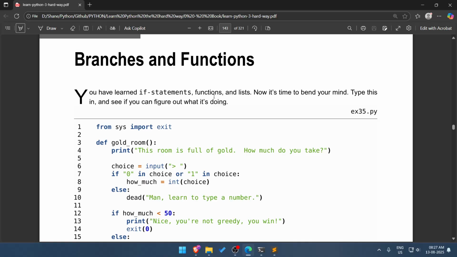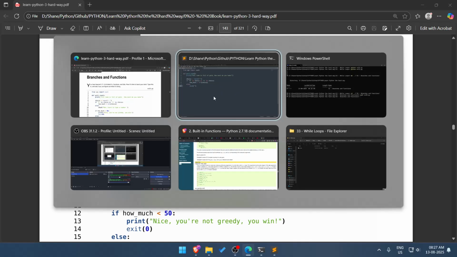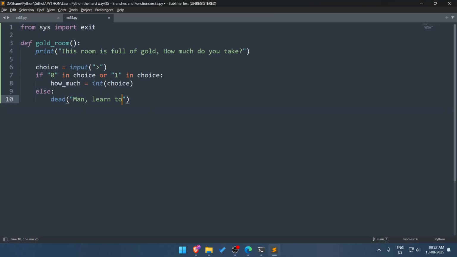Else, we call the function dead, and we pass the argument: "Man, learn to type a number."